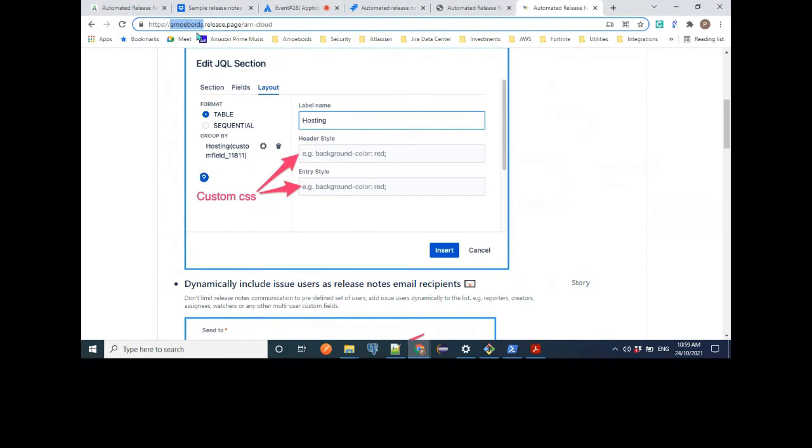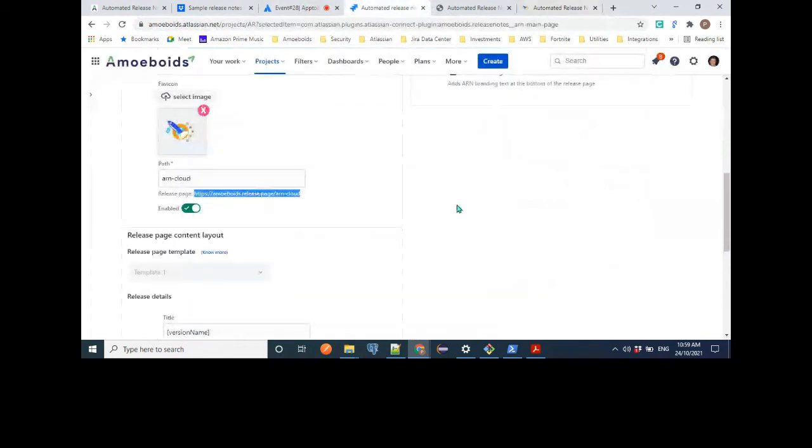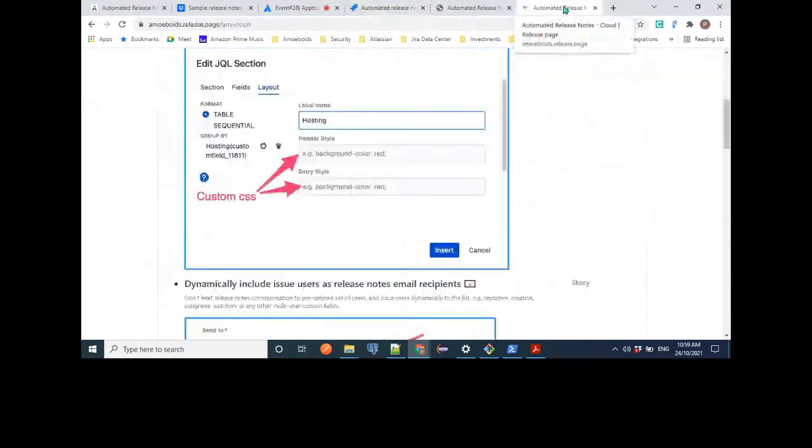Okay, and then for each project or each release page you configured, you add a namespace here, which will be used to identify what is the release page you want to show it here. And then again, using rule and action you can add content to this release page. Okay,